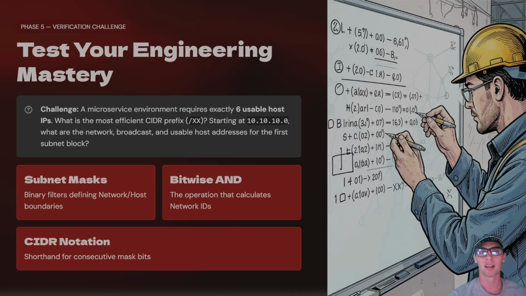To test your knowledge or even research yourself, here is a question that I pose. A cloud architecture deploys a microservice environment requiring exactly 6 usable host IP addresses. What is the most efficient CIDR block, the slash, that satisfies this requirement without wasting unassigned addresses? And what are the exact network, broadcast, and usable host addresses for the very first subnet block if you begin at